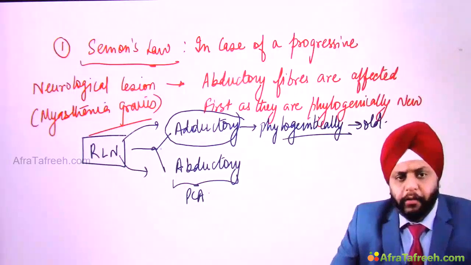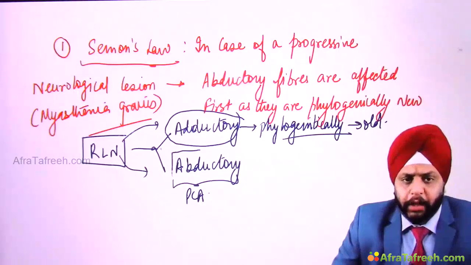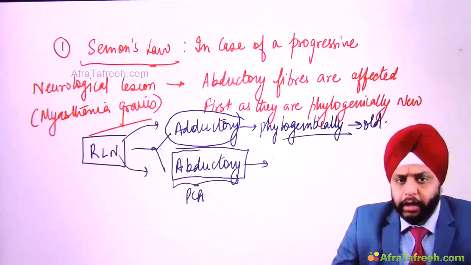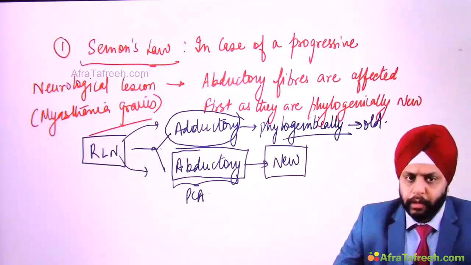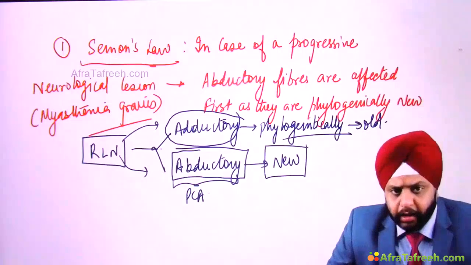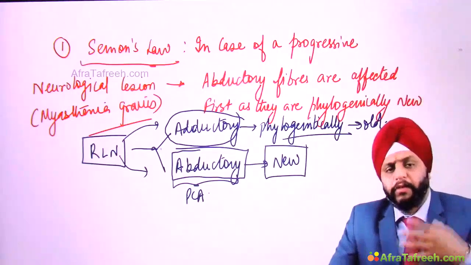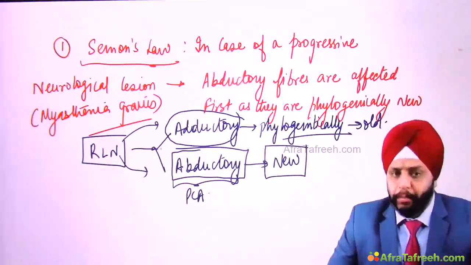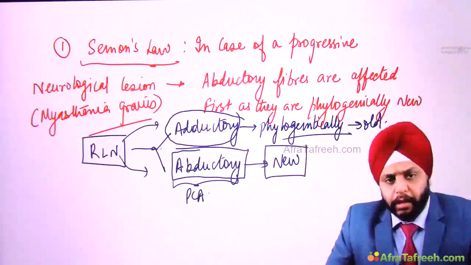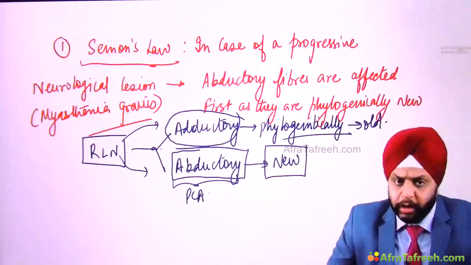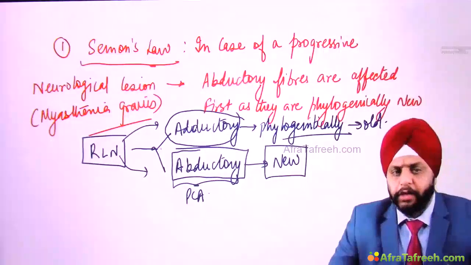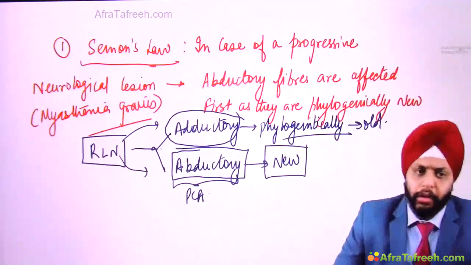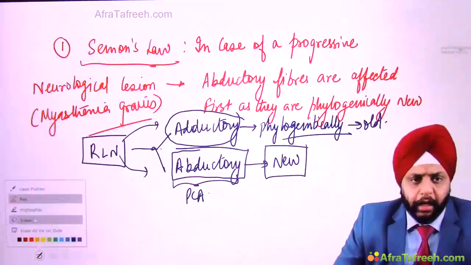Whereas the function of abduction came late. So this is a phylogenetically new function. Now it says the next thing, that in genetics we know that something which has developed new is more sensitive, it is more prone to damage. Something which is old is stronger, it will stay for a longer time. Any function that we have recently gained in evolution will be more sensitive. So this Siemens law says that